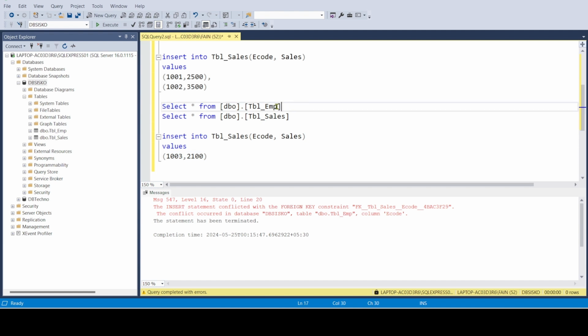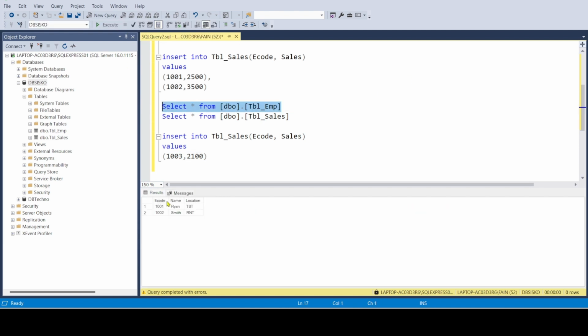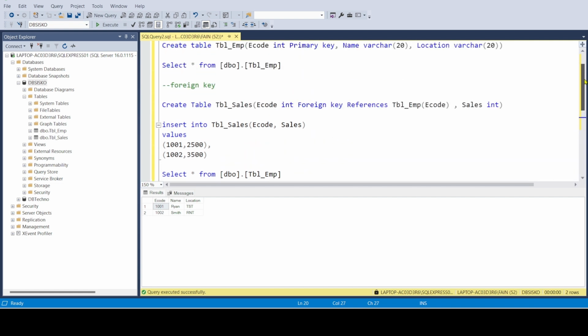We can see that we have two e-codes, 101 and 102 in table EMP. So we can create the sales of these two e-codes until we create an entry of 103. 103 is not available here, so we cannot create the sales of 103 in sales table, because this e-code is being referred by the e-code of table employee. Now what we have to do, first we have to create a new entry of